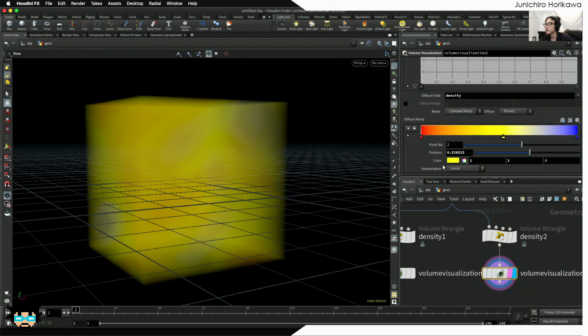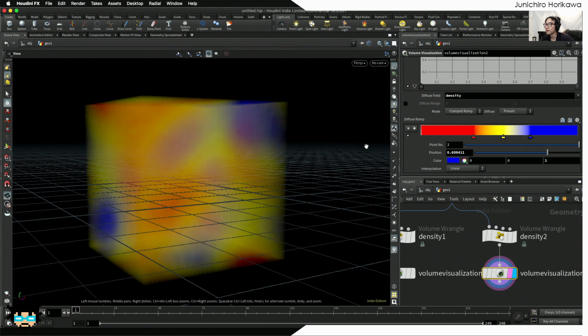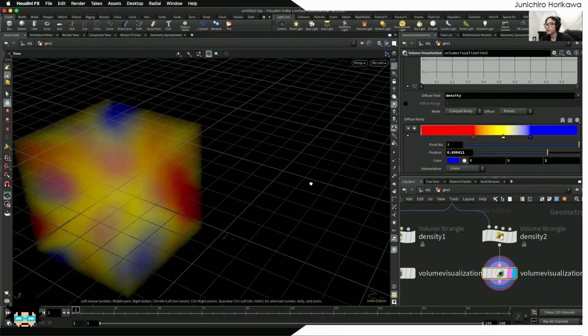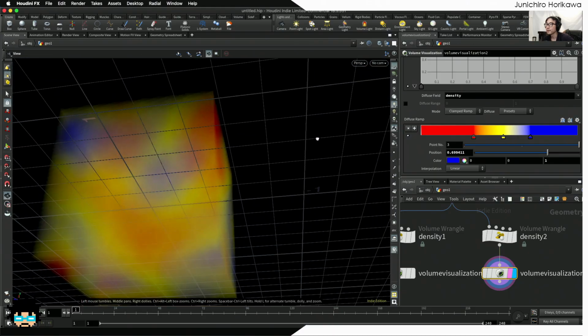So let's raise up the minimum and maximum range for the density, and we'll be able to see some more clear differences between the higher density value and the lower density value, creating this kind of gradational fog